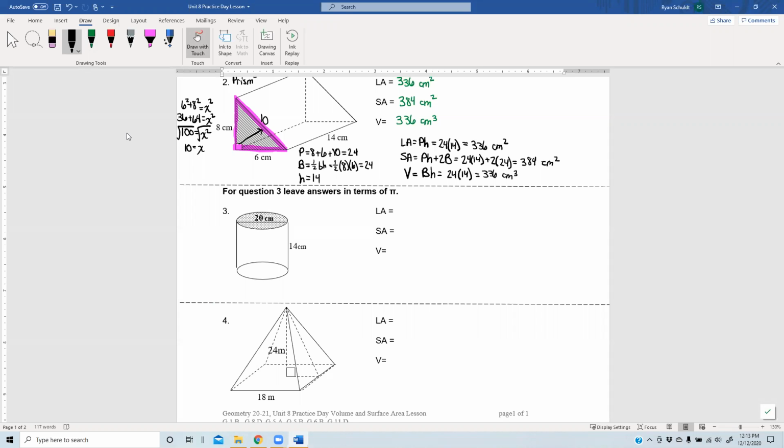Okay, for a cylinder, what things do we need? We need R, and we need H. So we don't need 3 things. We need 2. R and H. Let's see, radius. They give me diameter here, so I have to divide diameter by 2. So 20 divided by 2 gives me 10. There's my R. Then for the height, they tell me that's 14. So I have everything I need